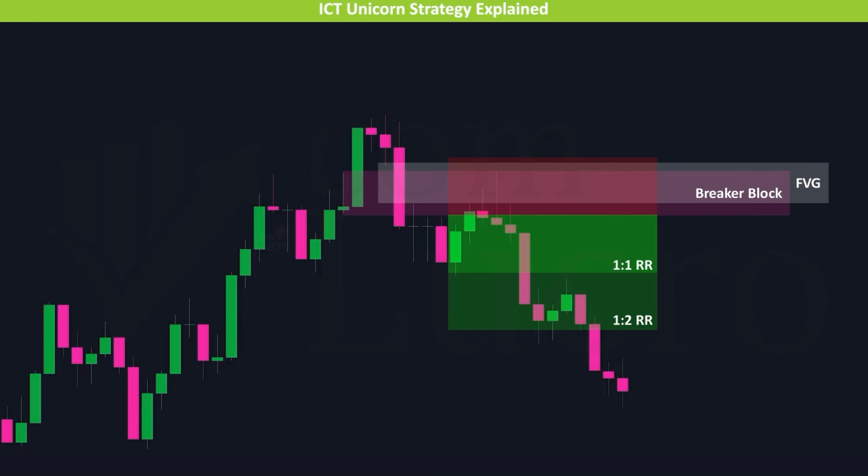Another way to approach the entry is by waiting for price to return to the trading zone and then watching how it reacts. Instead of placing a limit order, you wait for a clear candlestick rejection, such as a long wick, showing strong rejection from the zone. This method is especially useful when the trading area is wide, as it allows you to refine the entry and